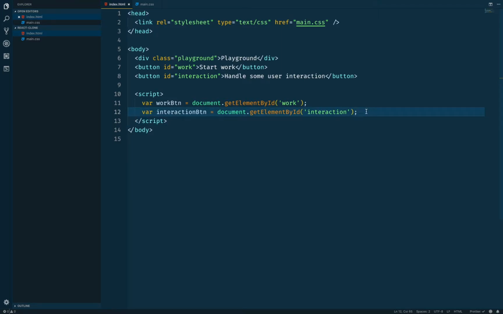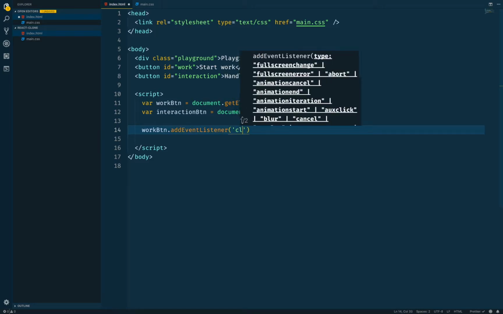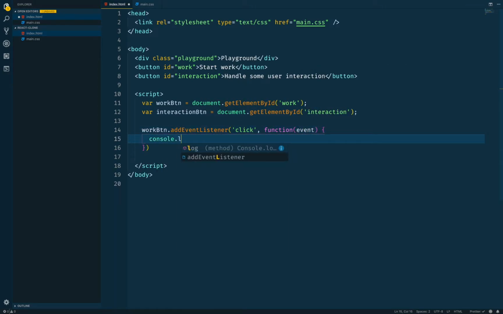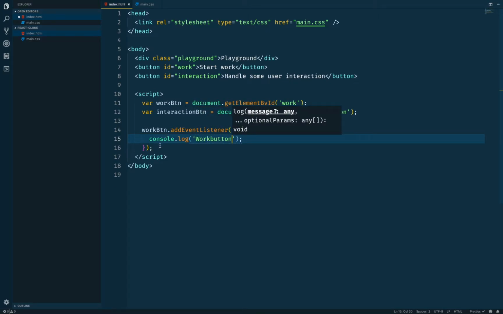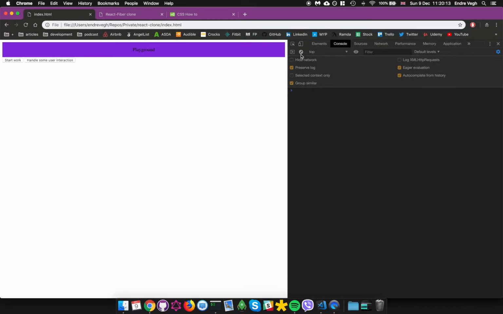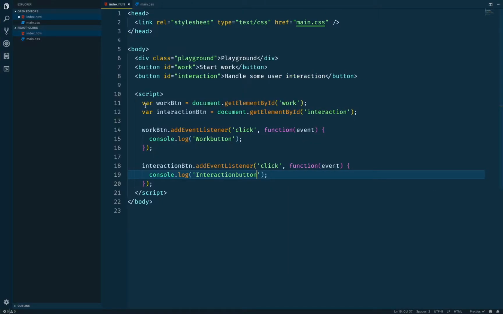So as I said, they are doing nothing at the moment. I just want to attach event listeners to them. So work button, add event listener, and it's going to be a click event handler with a function of simply console log work button, and do the same thing with the interaction button. Let's see if it works or not. Good. Okay, so we did nothing more than just simply attach some event listeners with the basic DOM API,